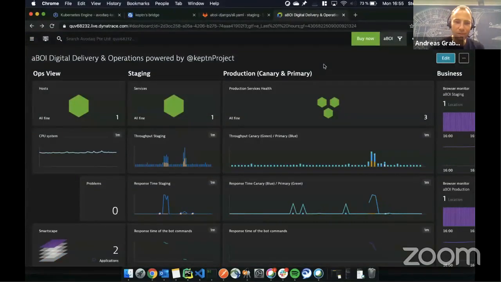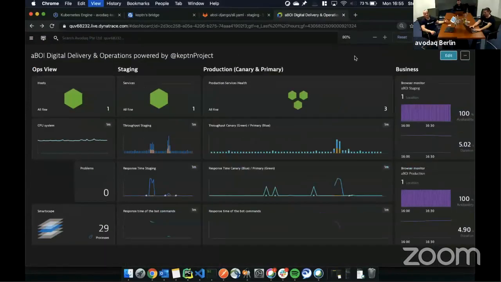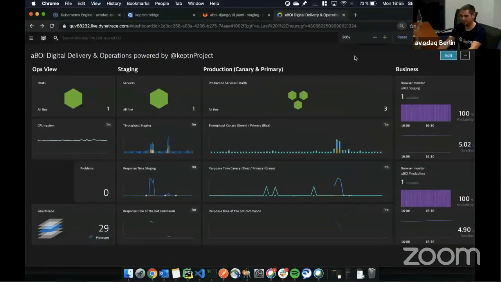Awesome. And it seems you have some nice dashboards here, as you're on it, right? If you want to show off. Of course. This is one we prepared together, Andreas, when you visited us. This is how it looks if you monitor with Dynatrace and combine it with Keptn. So you can have something like this.